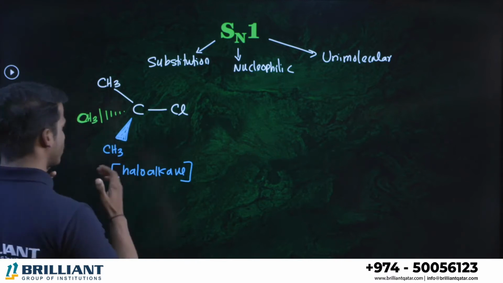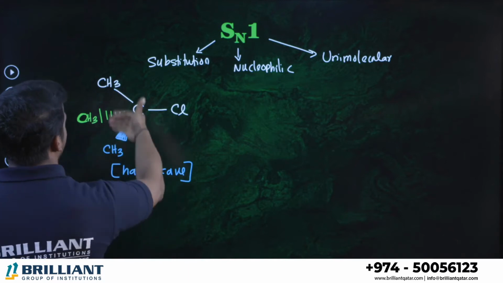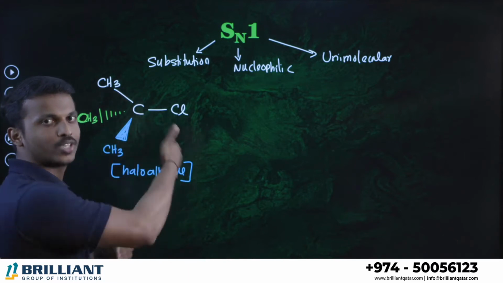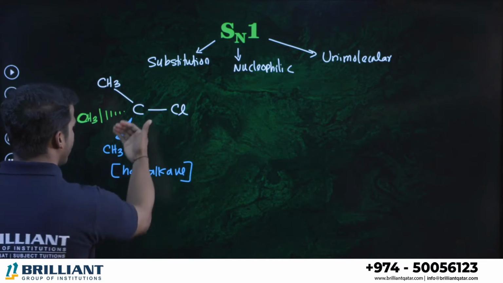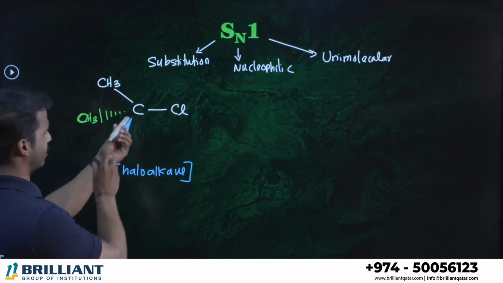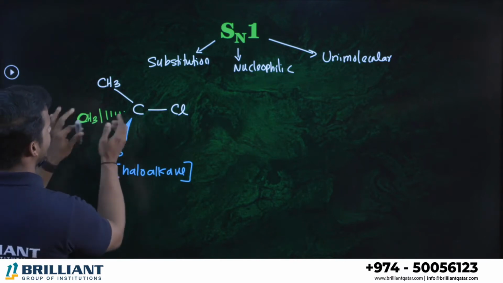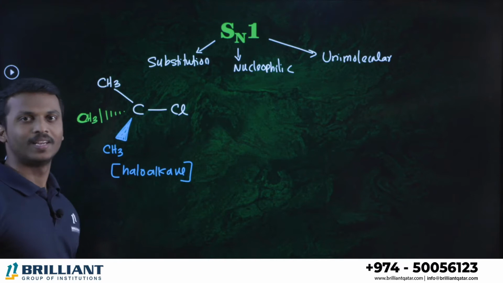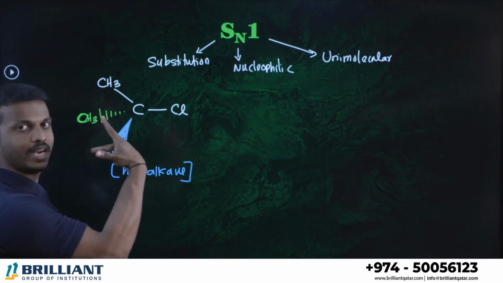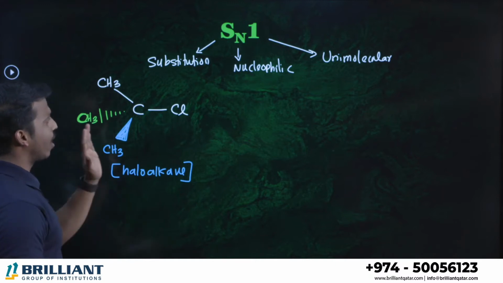Suppose I am the observer. When I am looking at the compound, this CH3 is on the other side of the board, the opposite side. What about this CH3? Solid wedge represents that it's projected towards the observer. It is like this. It is projected, then this CH3 is on the other side. So this is a three-dimensional structure, just like a tetrahedral structure. Alright, so your haloalkane is ready.